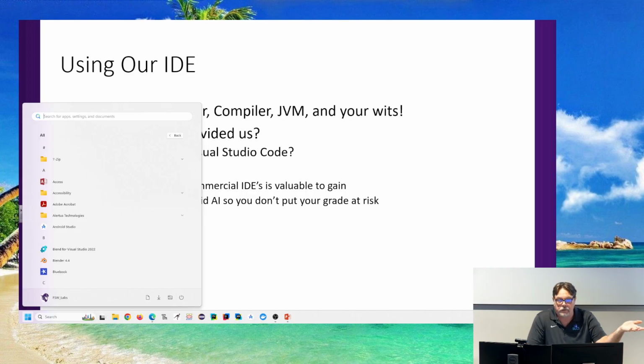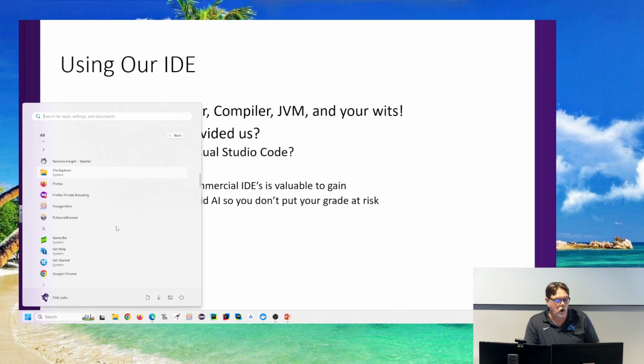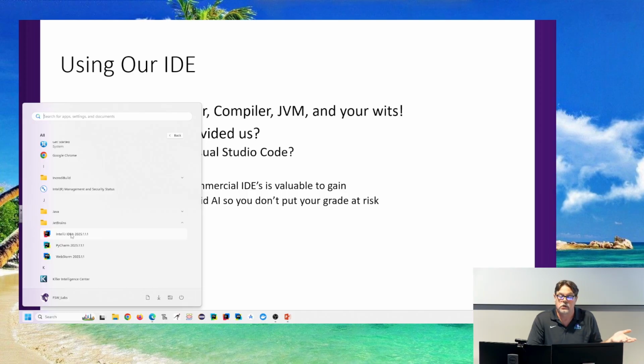So yeah, we've already got those tools on here. And as I mentioned before, I think last time, before the end of class, when you run these for the first time, you may be presented with a challenge to enter your license information. And because it's a really good benefit, not because I'm biased towards one or the other, I would recommend that you go to JetBrains and take advantage of the fact that they offer a free 1-year license to students.